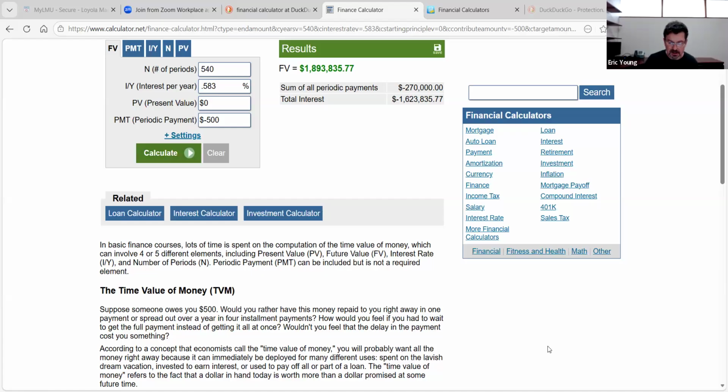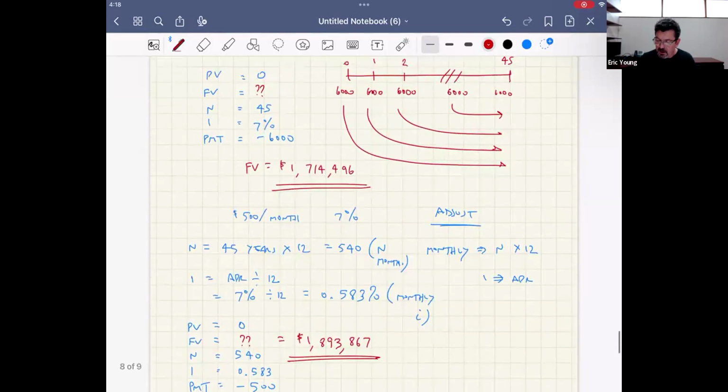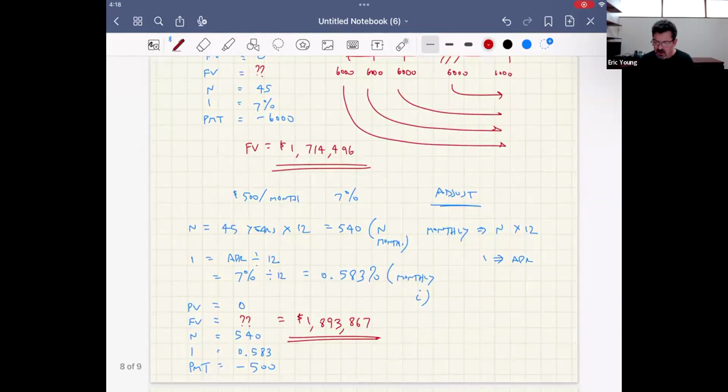Let's get out of this. Let's talk about this real fast, and then we can wrap this up. Notice you're still putting in the same amount of money. So you might be asking, well, Eric, if you're putting in the same amount of money, why are we slightly bigger here than we were here? And the answer is because you were putting in money every month, you were getting a little bit of interest every month. You were getting a little bit of growth every month.